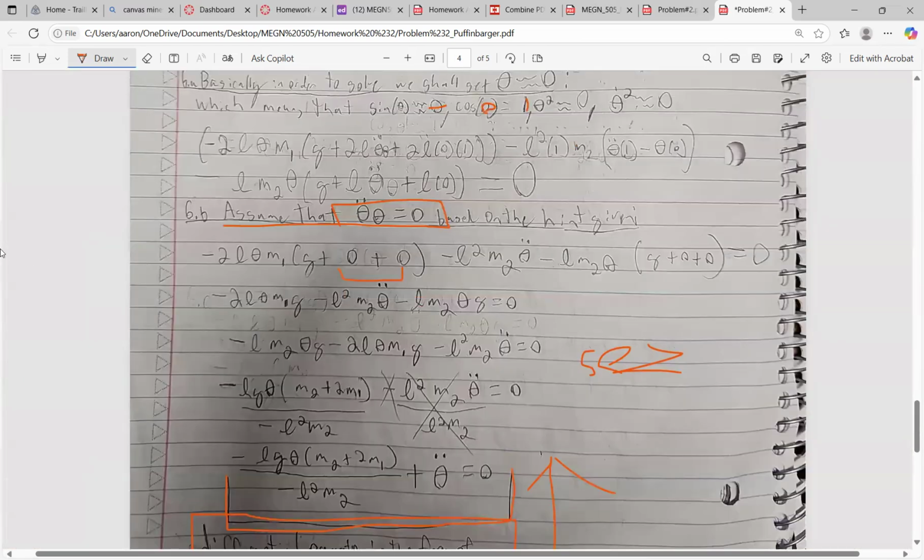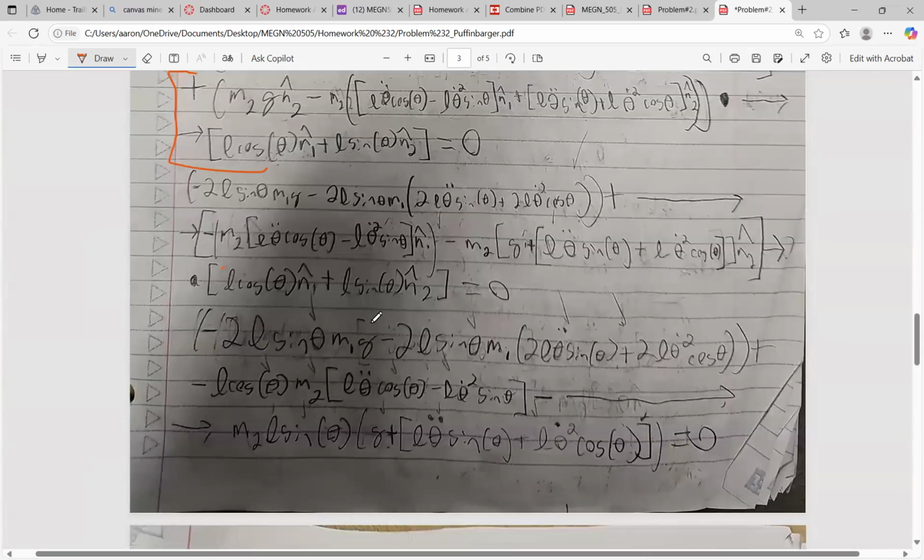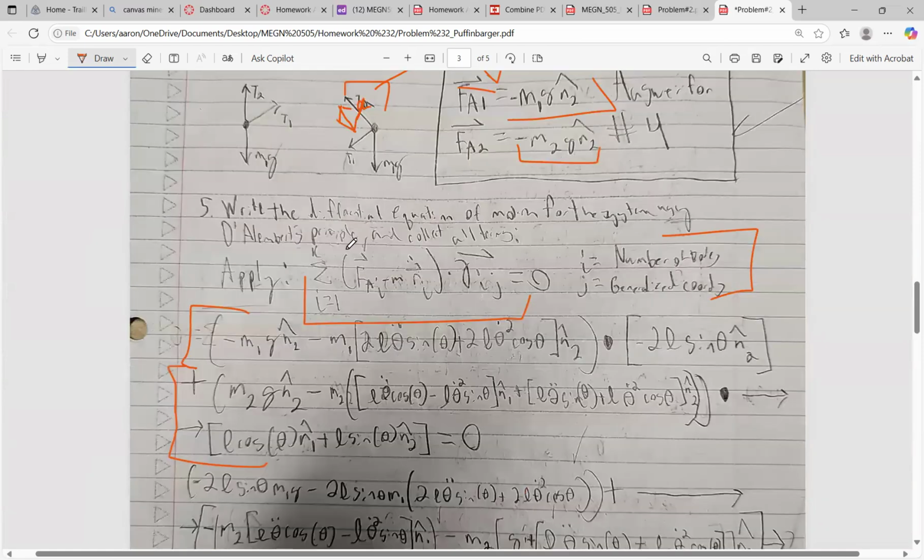I feel like I'm missing something from the little silly equation up here. Let's go look. Got forces, this, gammas. Yeah, that's how I'm going to approach it. Just start with relative position, then, well, first thing I'm going to do is the number of bodies, number of generalized coordinates, and then go into